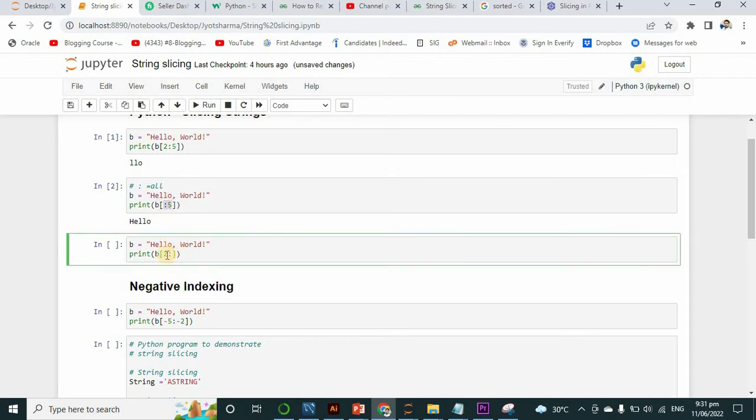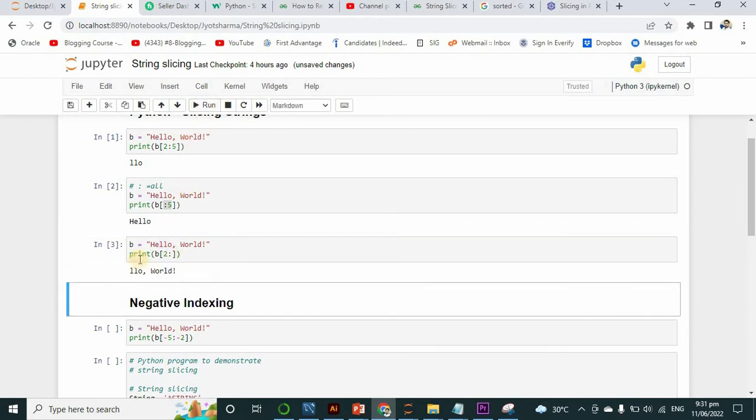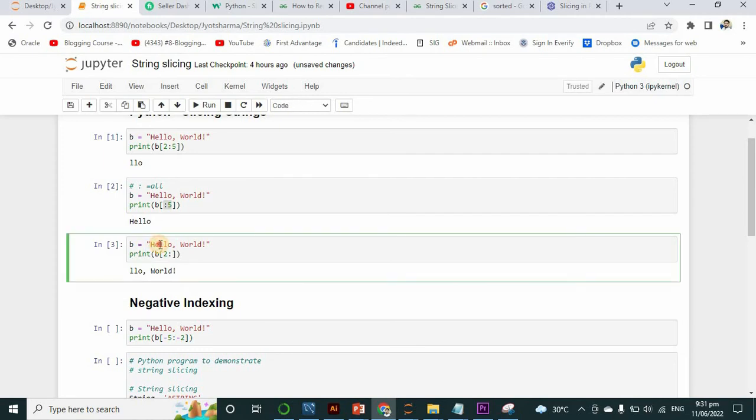And now I have given the starting point from where it should start. So it will start from here, 0, 1, 2, from L. From this it will start and end, and so on. So let's see here, 0, 1, it has been skipped, now it started here, and so on. See here, these have been